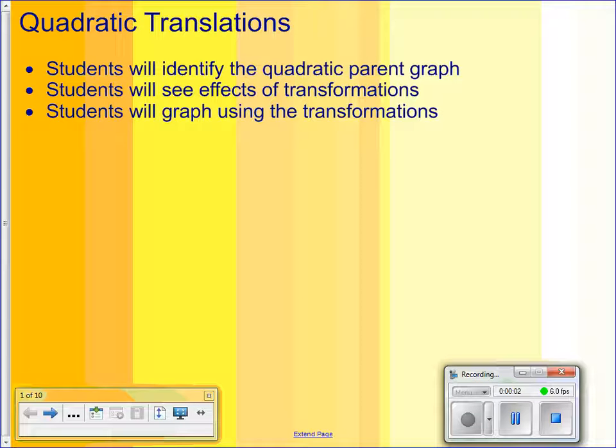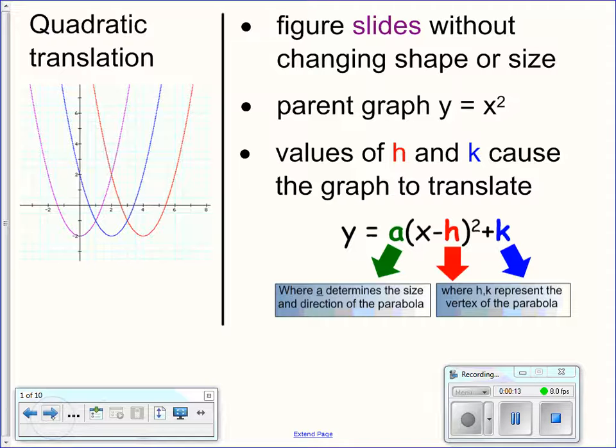In this lesson, we'll be talking about quadratic translations. By the end of the lesson, you should be able to identify the quadratic parent graph and see the effects of the transformation and graph using those transformations. So translation means that the figure slides without changing the size or the shape from the parent graph, which is